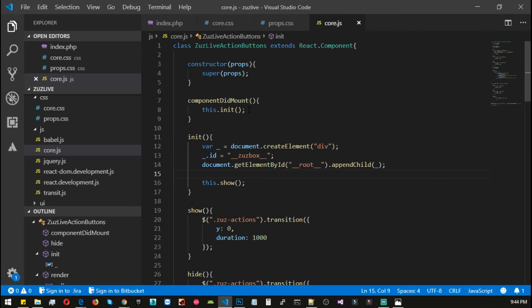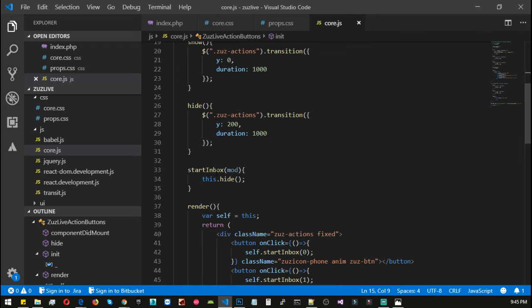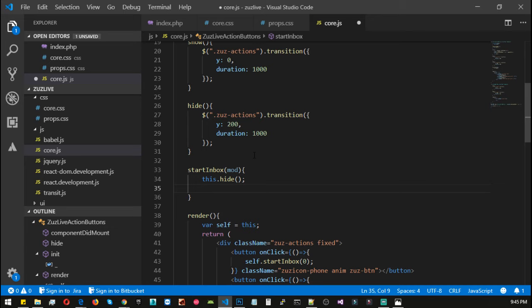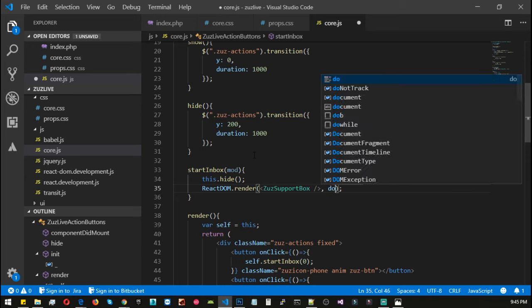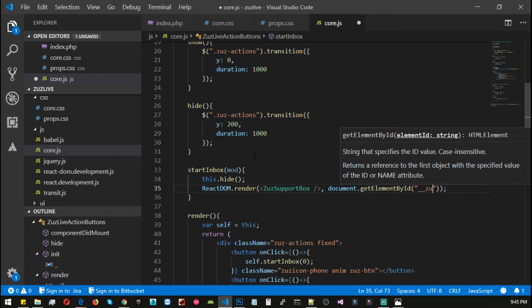Now if we go to core.js, we need to start inbox by calling ReactDOM.render, those support box, document.getElementById __zeus_box__,